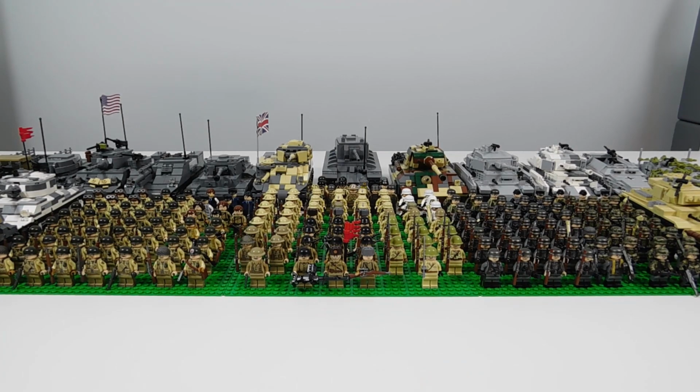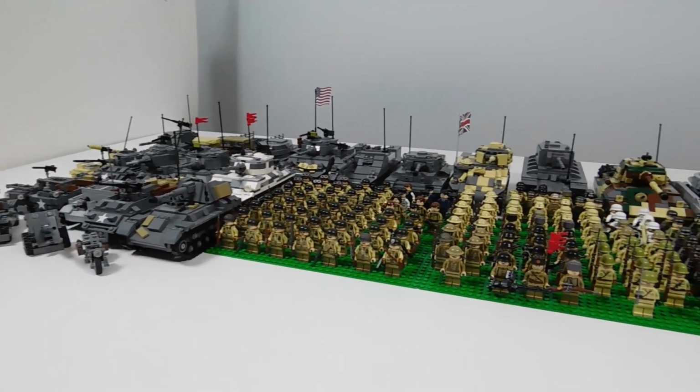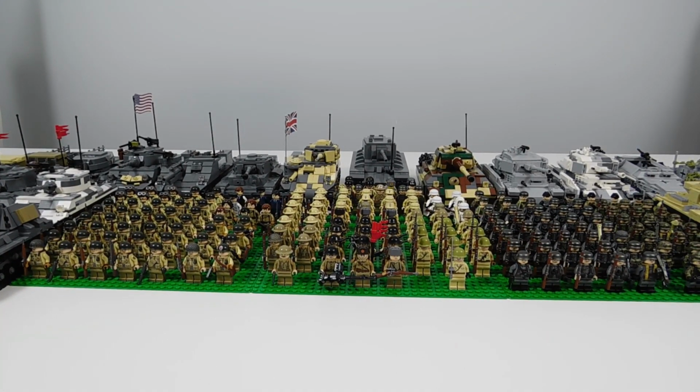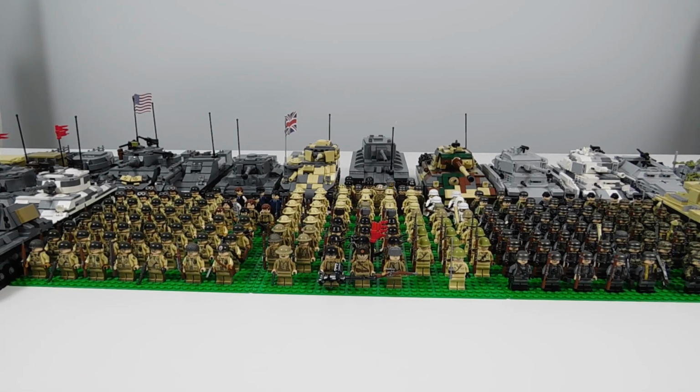Right here we have all of my World War II minifigures and vehicles. So much that you have to go side to side to see the whole thing. We have a total of 185 minifigures here, and 38 vehicles wrapping around them. And so, kind of giving a little bit more